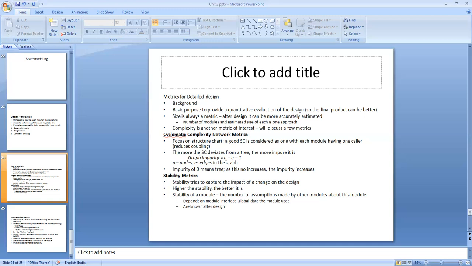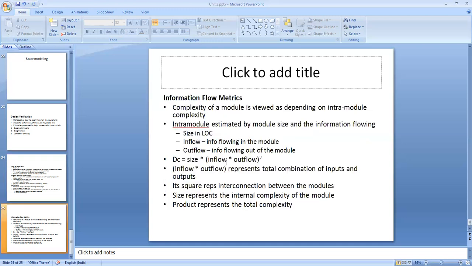The next one is the cohesion metric. Here we try to quantify the cohesion of a module.